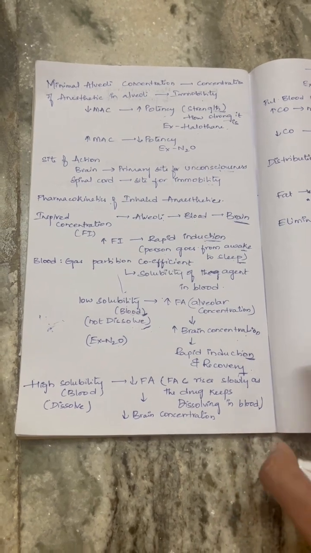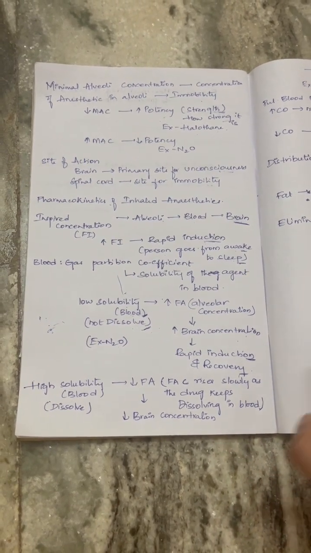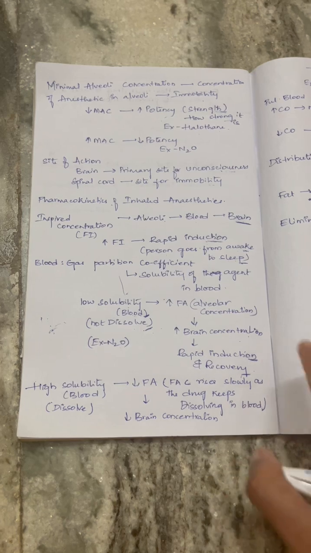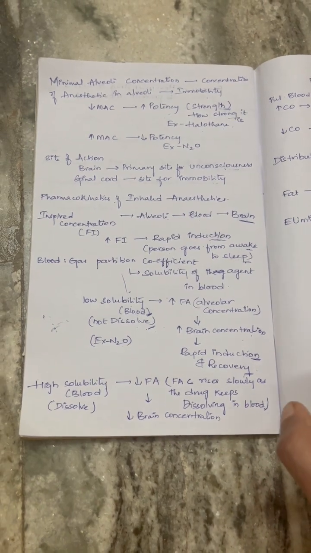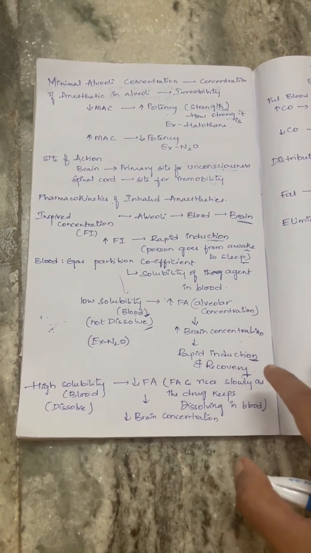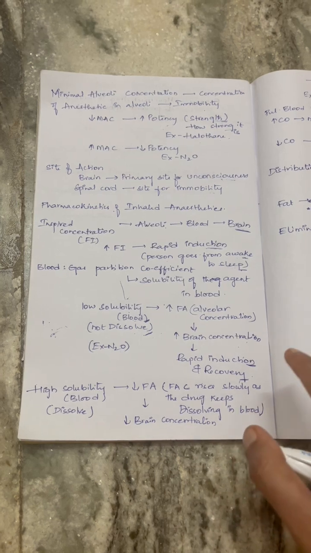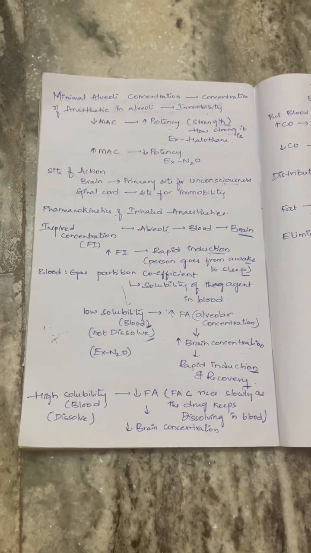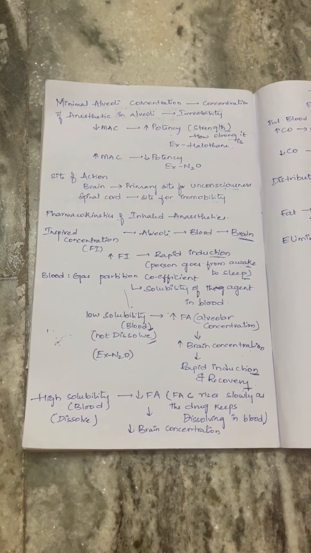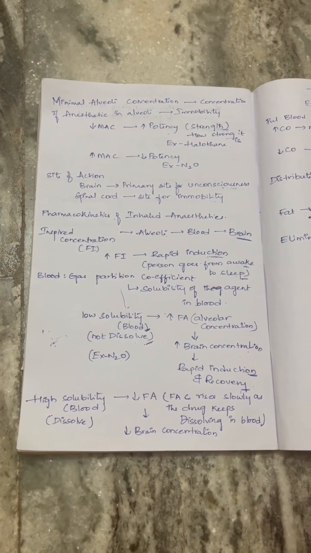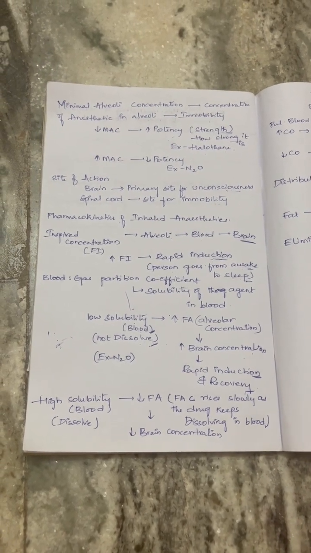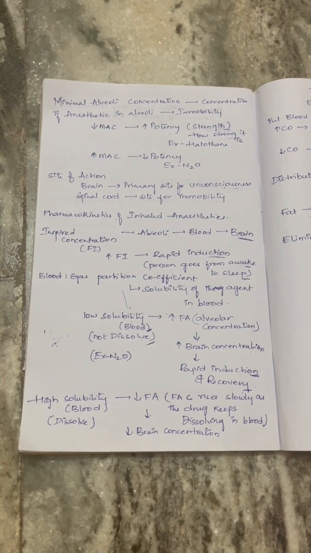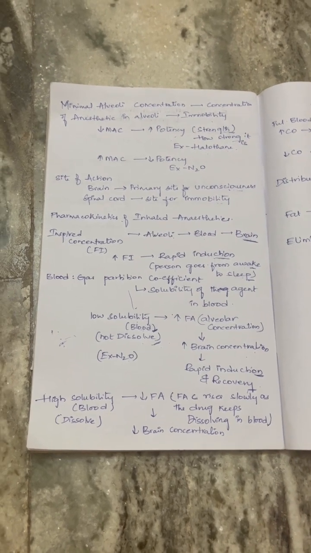Whenever we talk about the mechanism of general anesthesia, the first thing that clicks for us is the minimum alveolar concentration. To keep it in simple terms, that means the percentage of concentration we need for a person to become immobile. So it's the concentration of that drug we need to make a person immobile. That's minimum alveolar concentration in simple terms.